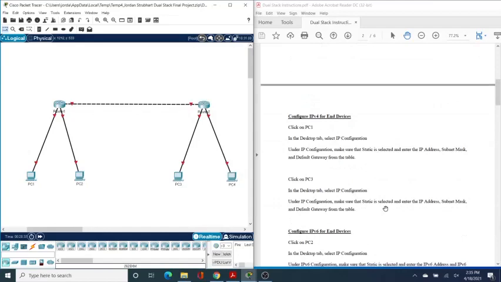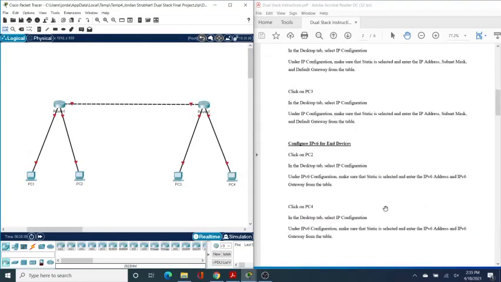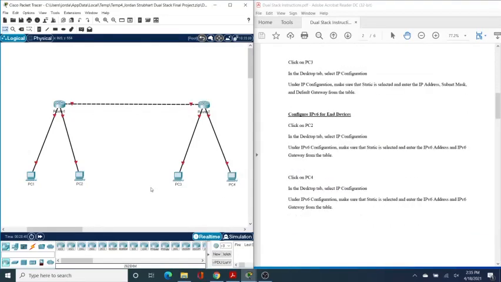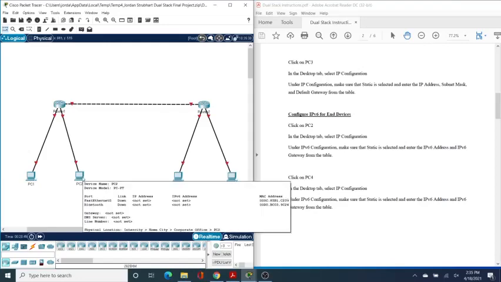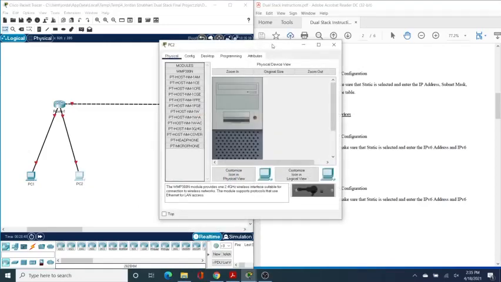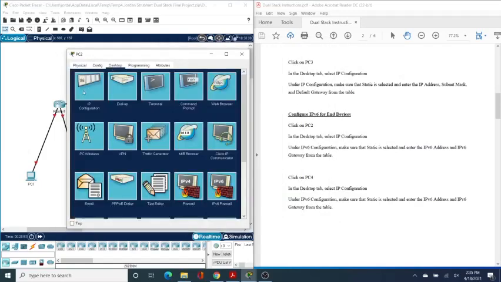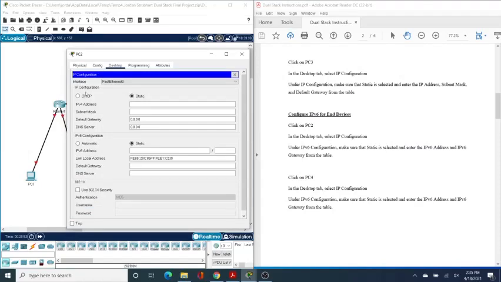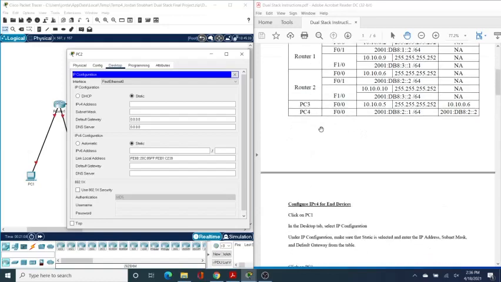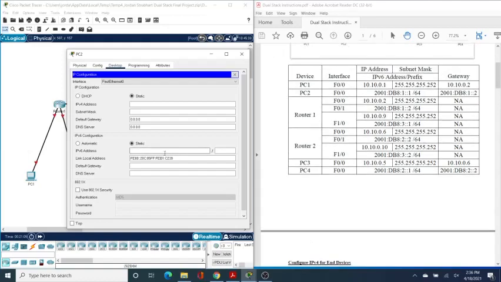And then next we're going to do the IPv6 PCs, and that'll be PC2 and PC4. You're going to notice that it's pretty much the same. We're going to go to PC2, go to desktop, go to IP configuration, and remember that now we're not doing IPv4, we're doing IPv6. So we need to go to IPv6 configuration down here, make sure it's static, and we're going to scroll back up, and we're doing PC2, so it is